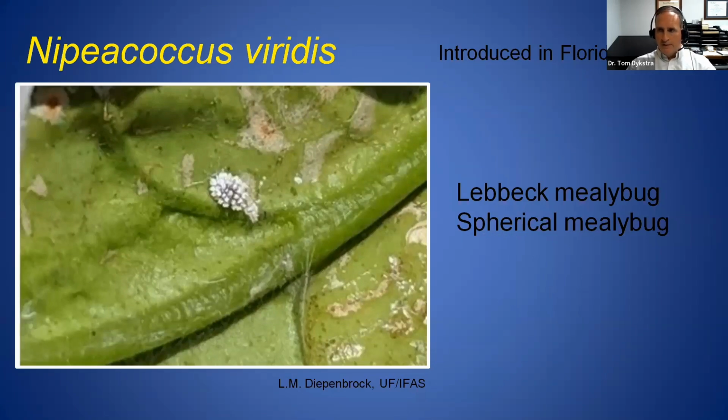The mealybug, which is in that aphid group, has just been introduced relatively recently, and it's starting to make its way around. It's about 2009, when it's either called the Lebbeck mealybug or the spherical mealybug, but Nipaecoccus viridis is its name, and it is now attacking citrus as well, which means the citrus is reaching the point where it's so unhealthy that the insects that are now coming in are going to be able to feed on it, because they've got the interest and the ability to feed on what really is amounting to a low brix plant. Easily measurable with the refractometer.